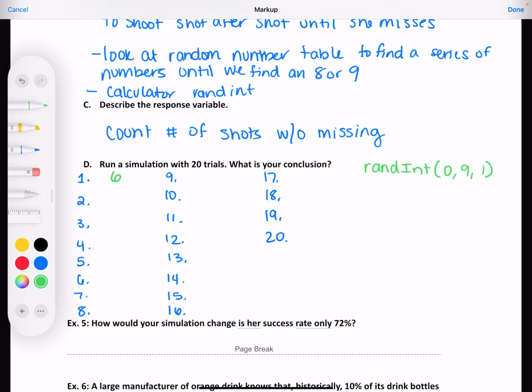What if they just literally missed one? We put 0 in a trial? Mm-hmm. You just keep pressing it until you have done that 20 times. Until you have put one in every single row. We're not going to have time to do what's beyond that, but just get through as many as you can now, and if we need to finish running them tomorrow, we can. And you don't count the misses. Correct.